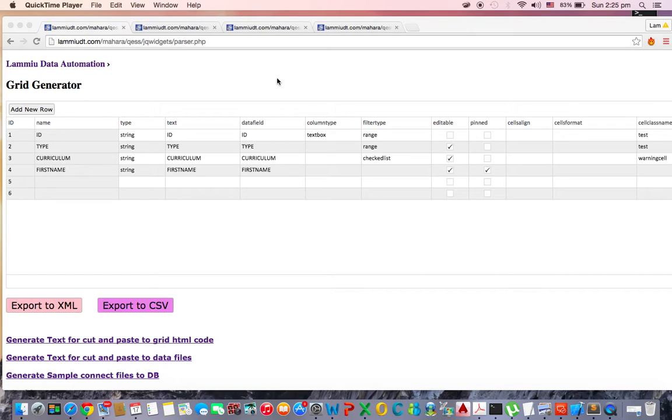A lot of you have expressed that you find it very difficult to use the datagrid packages in order to create your online system to allow your user to do data manipulation through your database. So today I'm going to show you how to use the grid generator, which is created by myself, and also to utilize the popular package called JQWidgets based on jQuery in order to create your data grid screen for